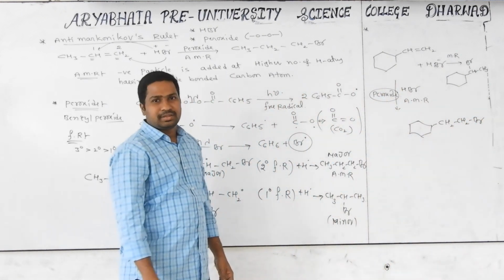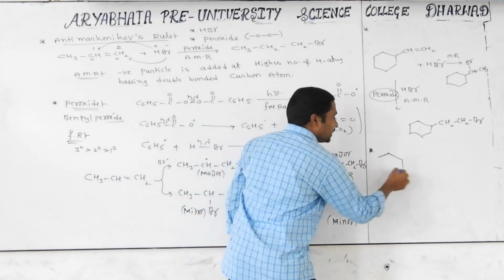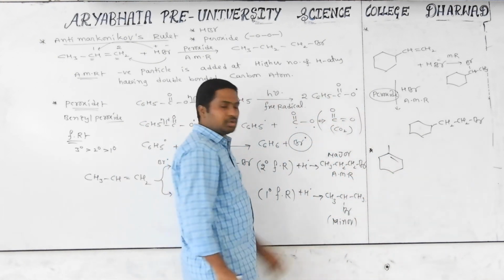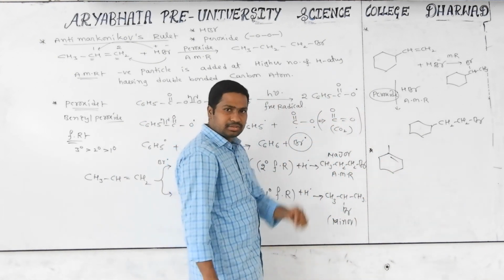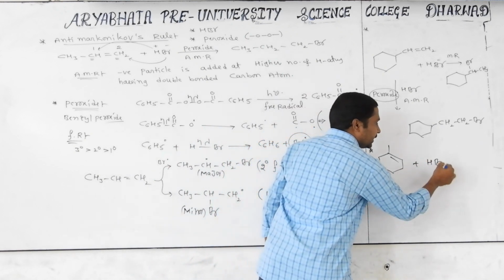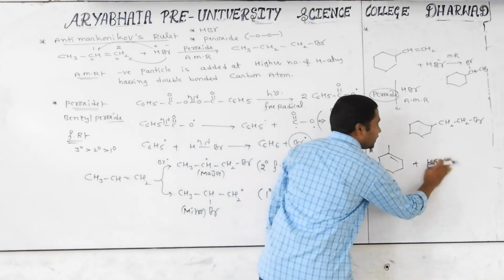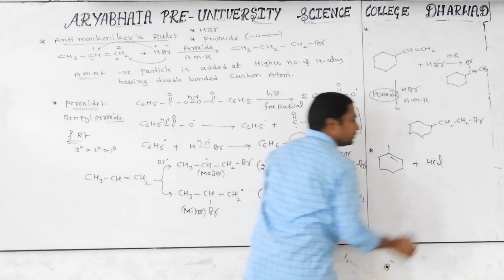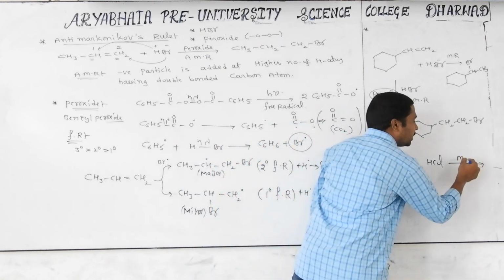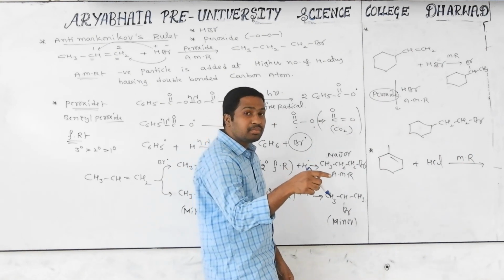These are the only bits. Now I will ask you one more question. You see carefully, for example, like this is there. This is one of the unsaturated compounds. To this you are adding HBr, or you are adding HCl. What is happening? No peroxide. No peroxide means the reaction will be going according to which rule? Markovnikov's rule. According to Markovnikov's rule, the negative particle should be adding at the double